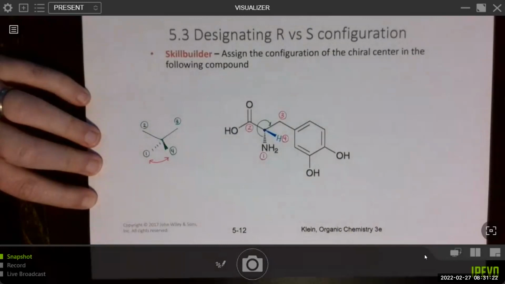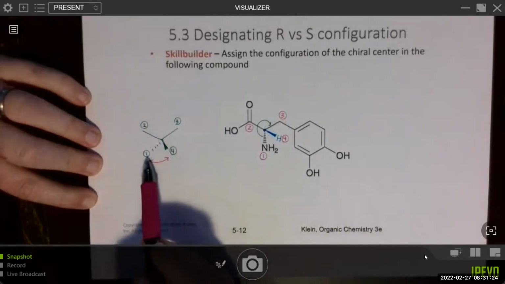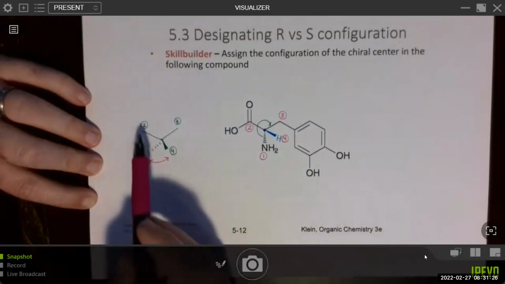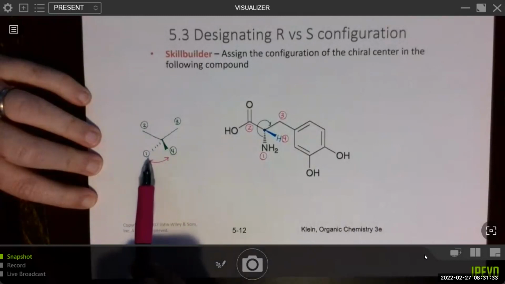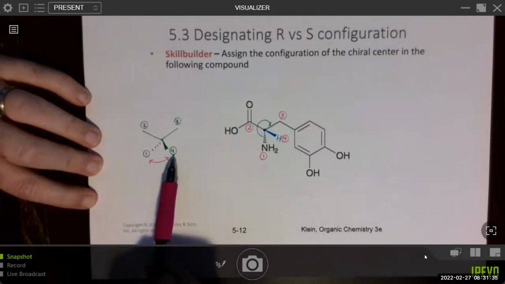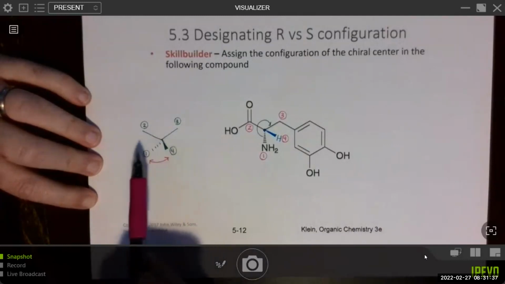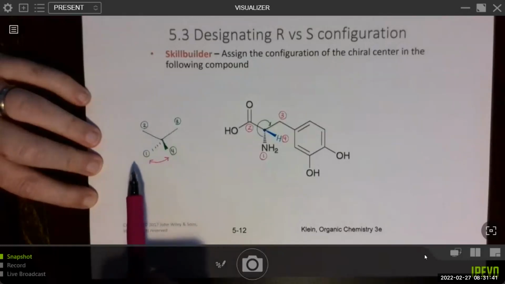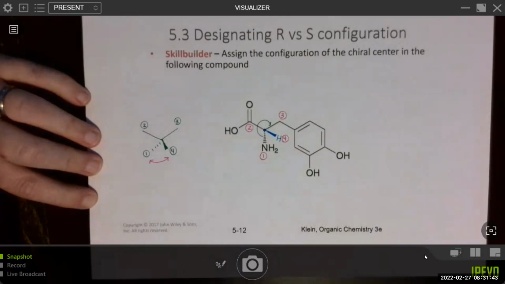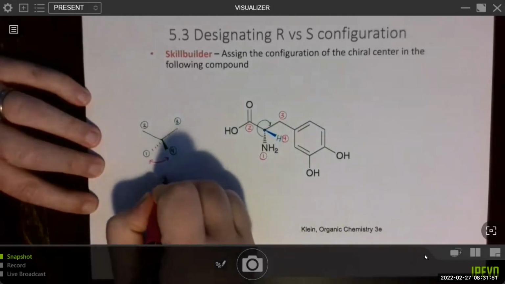Now you might be asking, why did I switch these 2 as opposed to another 2, right? Well, remember that my goal is to get the fourth priority group in back. So I want to switch the fourth priority group with whatever is currently in back so that my fourth priority group will be in back after the switch. All right, so that's why I'm switching those two. And then let's draw that. So we've done that switch.